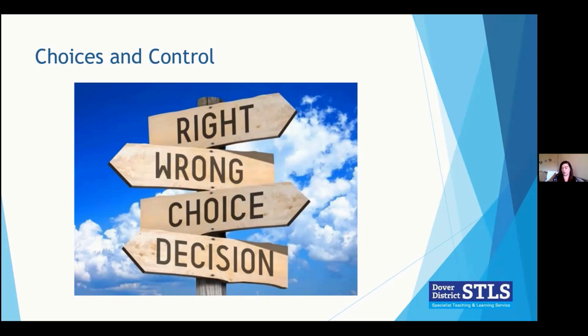It's equally important to support children in making the right choices in terms of social interaction. So again, we can use the social scripts for this and enable them to make a flow chart. So this is the choice we could make. This is the situation that will occur from that. Is that a good consequence? Is that how we want life to pan out? The talking about interventions are really good for this because you can discuss the different scenarios, discuss how you could operate within that scenario and what consequence that would give you.